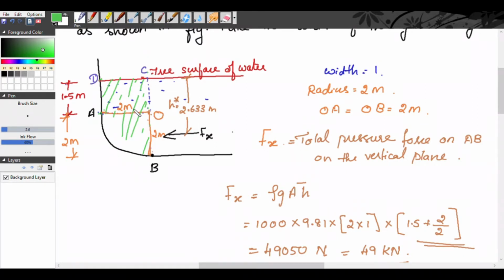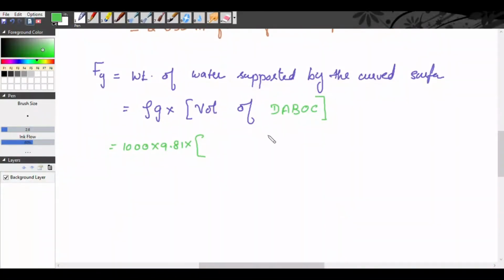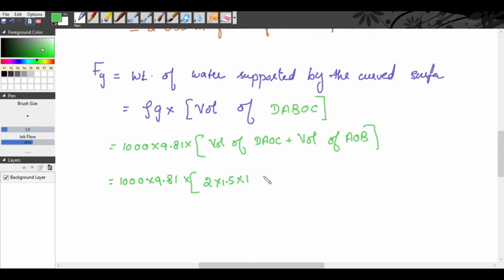For this portion the area is 2 into 1.5, multiplied by the thickness, which is 1. So this is equal to 1000 into 9.81 into the volume of DAOC, where the area is 2 into 1.5 and the thickness is 1, plus